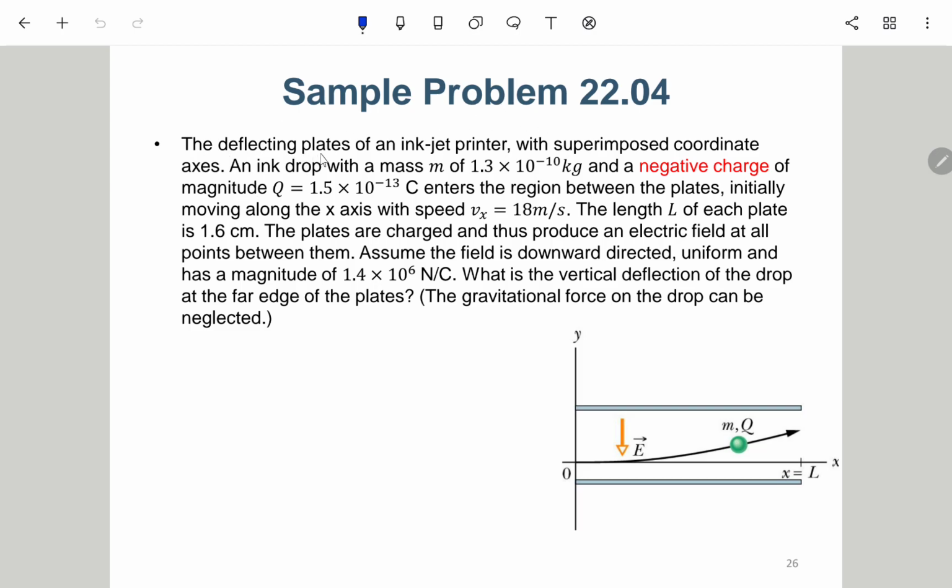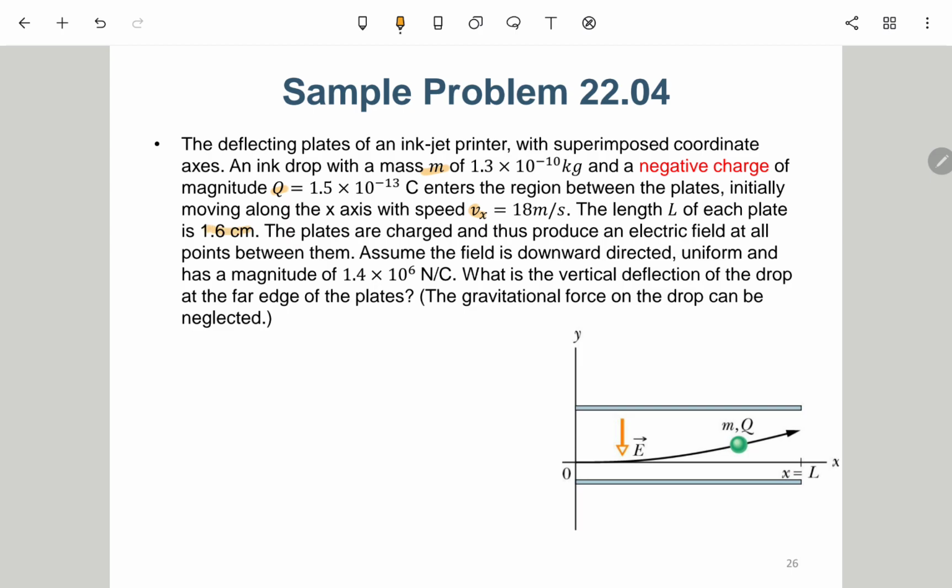Okay, so here we have a sample problem. It says: the deflecting plate of an inkjet printer, with a superimposed coordinate axis, and an ink drop with mass m and a negative charge of magnitude q enters the region between the plates, initially moving along the x-axis with a speed vx. 就是抛射运动了基本上。